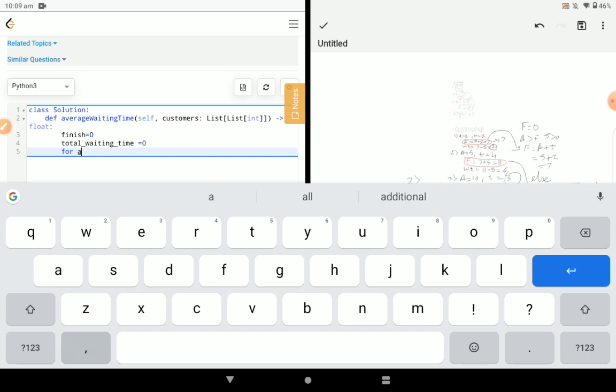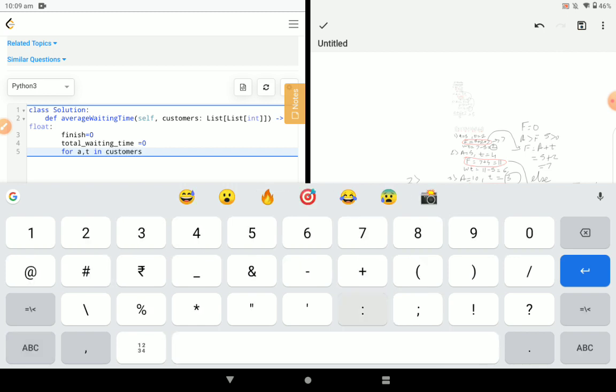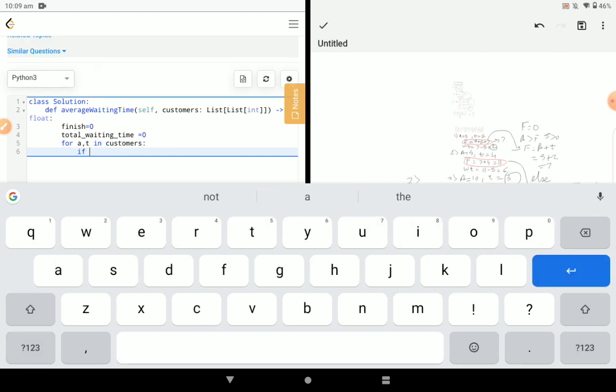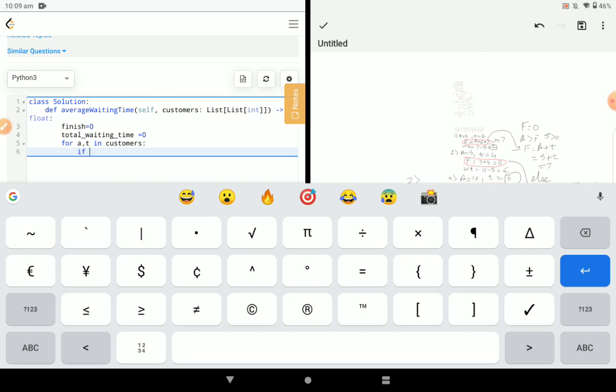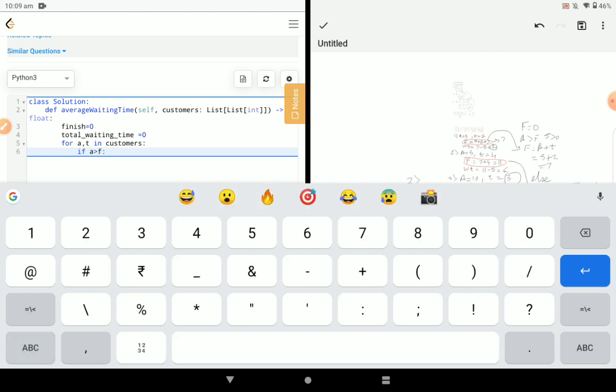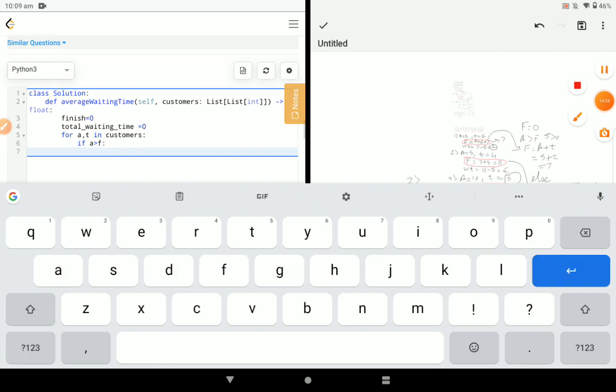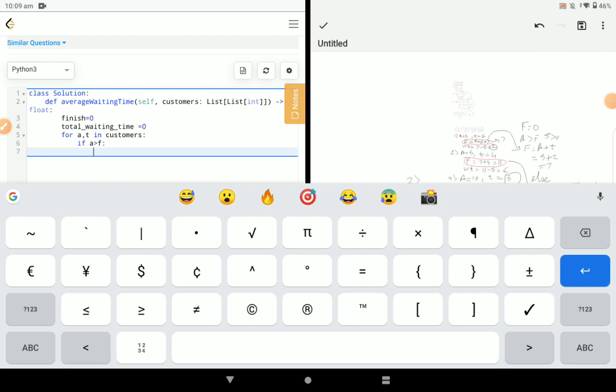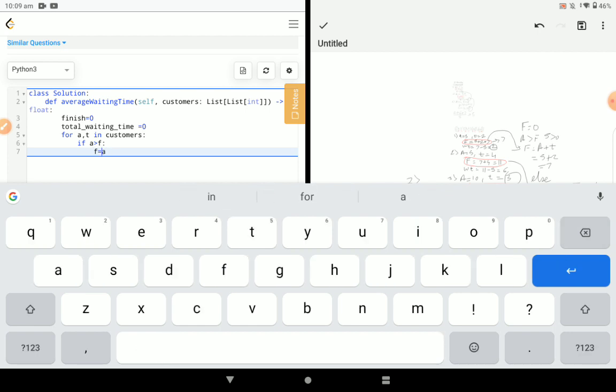Then for arrival, time in customers, if our arrival time is greater than the current time or the finish time, if it is greater than finish time, then we will just increment the finish time equals to a plus t. Okay, finish time equals to a plus t,